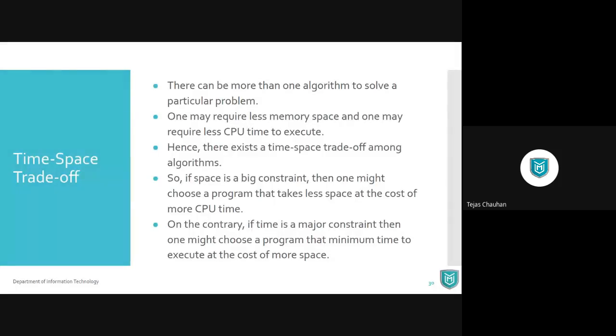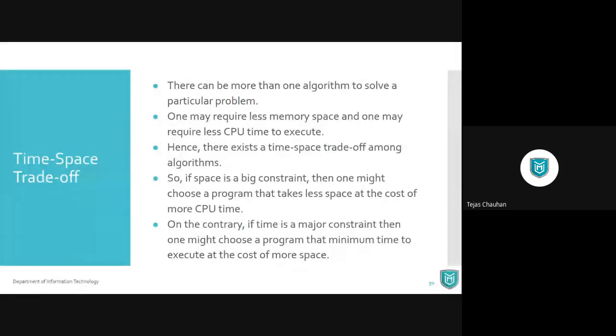So if I reduce my memory, then I need to increase the time to execute my process. And if I increase my memory, then I might decrease the execution time, right? So with this example, now you will be in a position to understand this time-space trade-off.